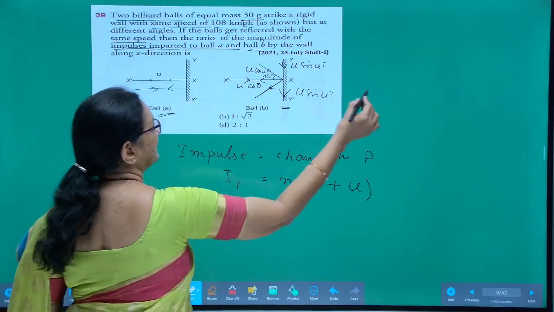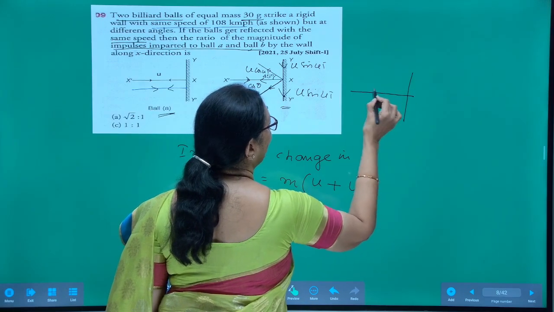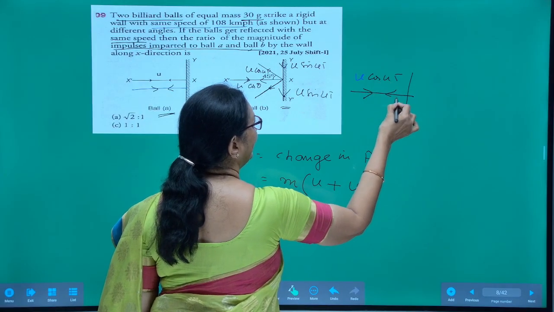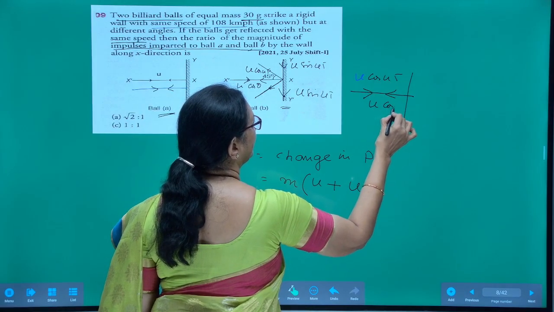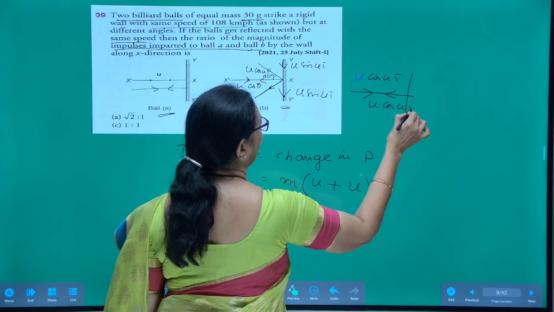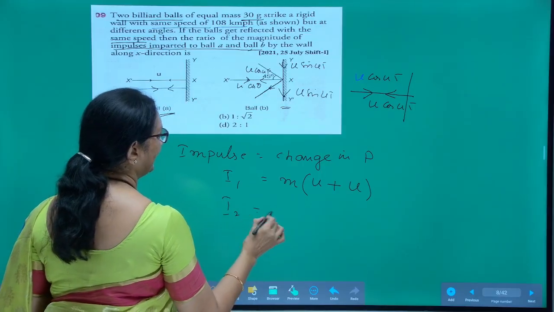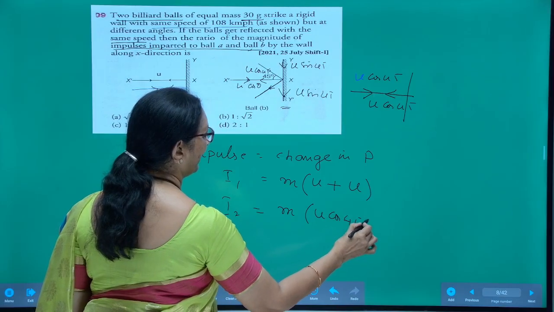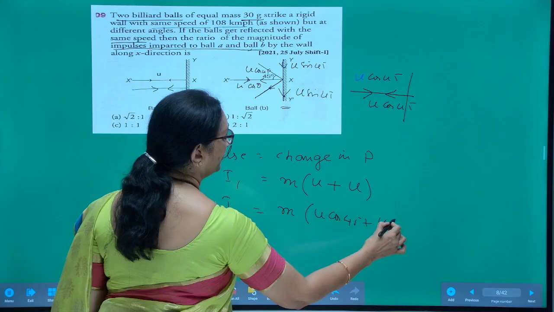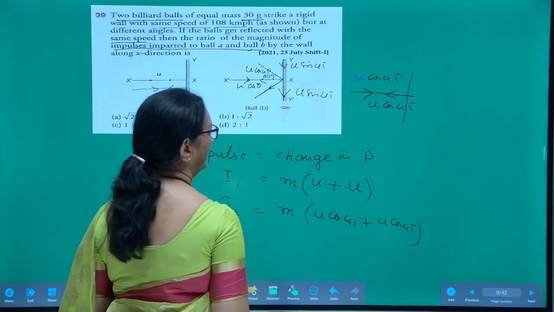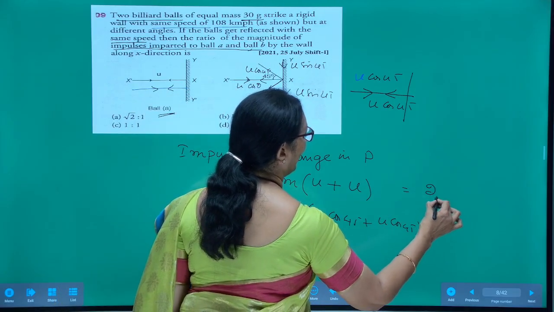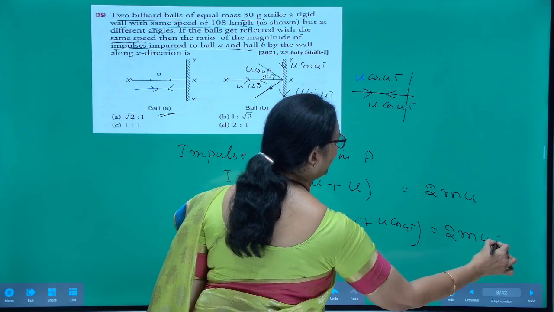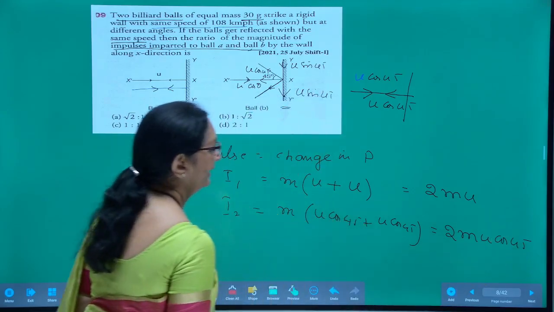So, as far as the wall is concerned, in the second case, it strikes the wall with a velocity u cos 45, and it gets reflected with a velocity u cos 45. So, in the second case, the change in momentum is m u cos 45 minus of minus u cos 45. If you take that mu here, it is 2 mu cos 45 in case of